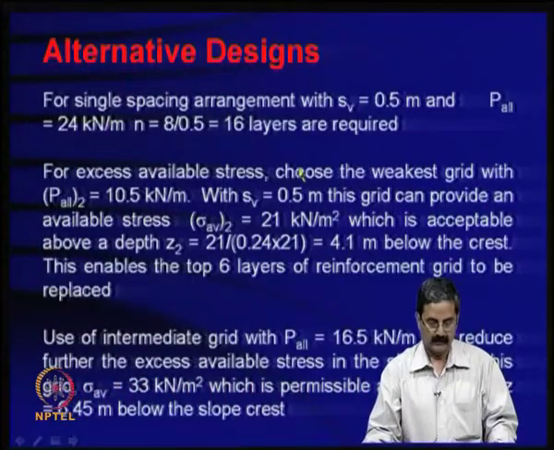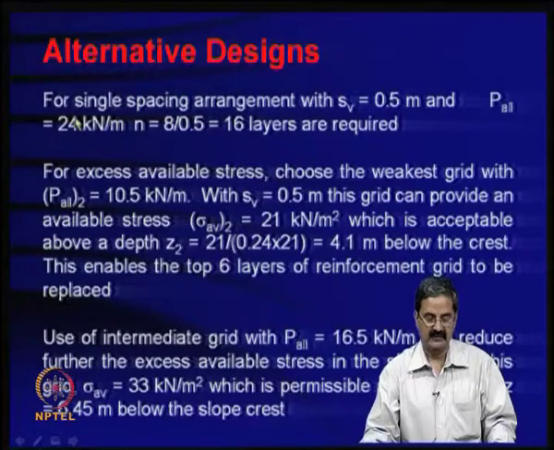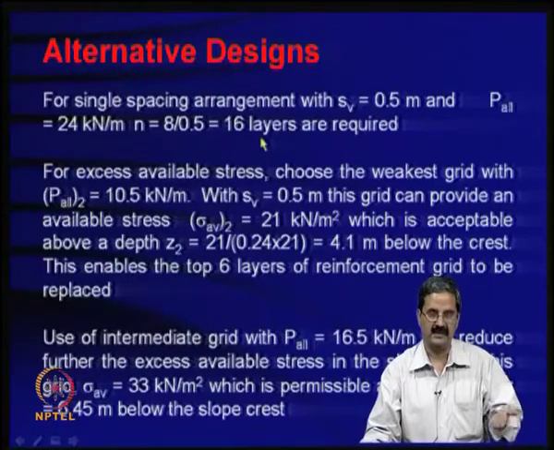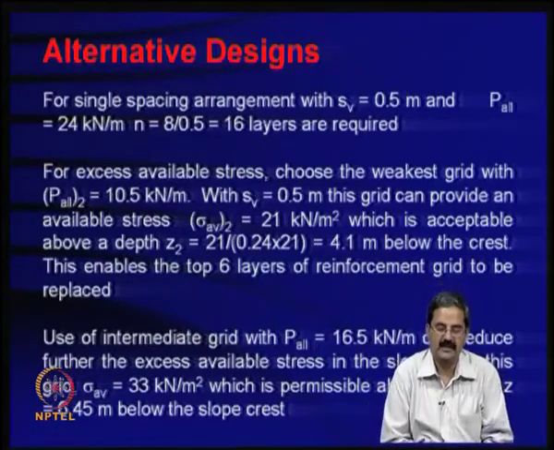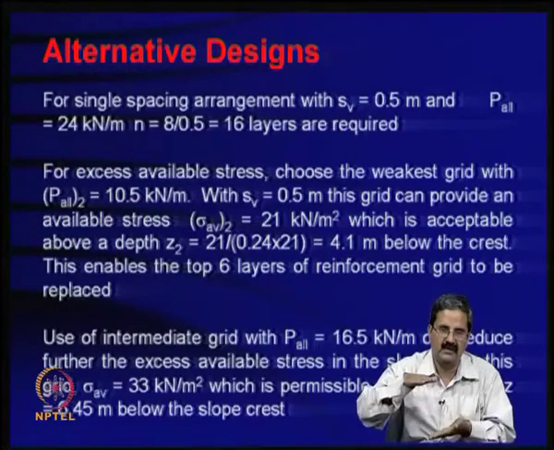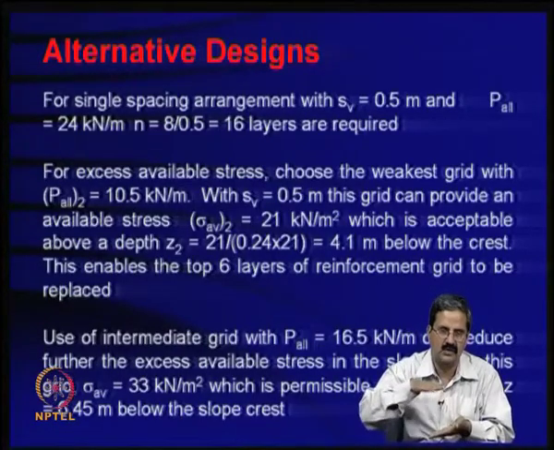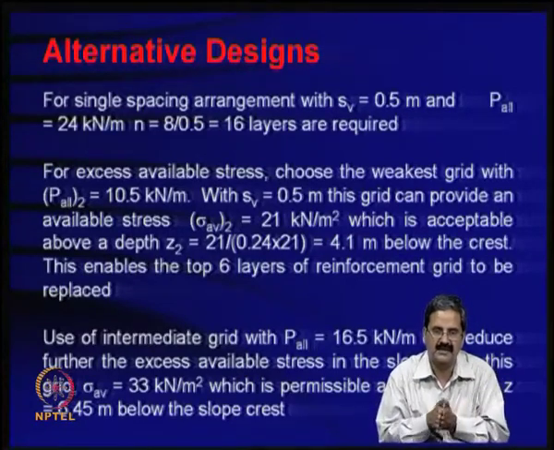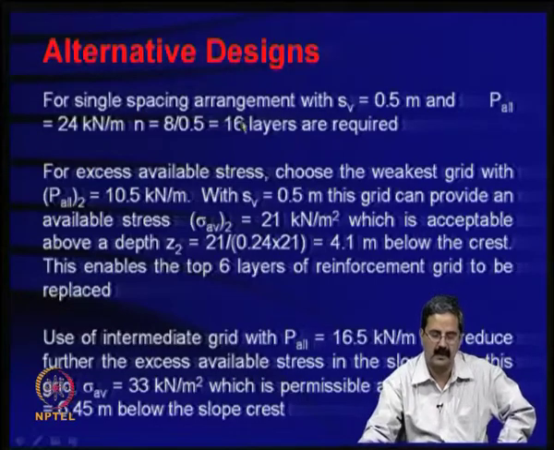Now, suppose you are going for a single reinforcement layer throughout that 8 meters level. The allowable is 24 by 24, and then at every 0.5 meters you have 16 layers, right. Actually, why is the thickness 0.5? As I just mentioned in the compaction class, the density within this 0.5 should be the same and constant, and it should give very good strength, and also very good resistance between the soil and reinforcement. This is very important.